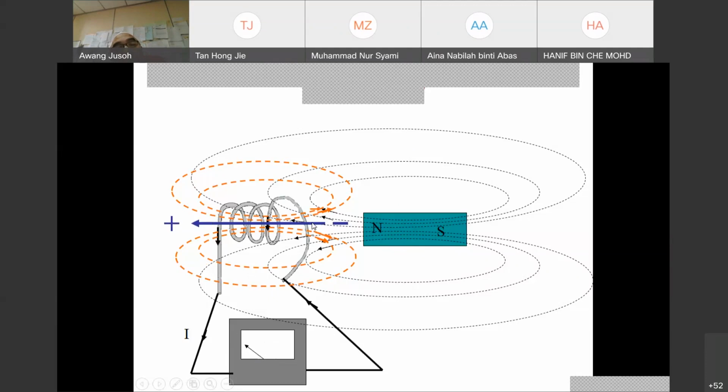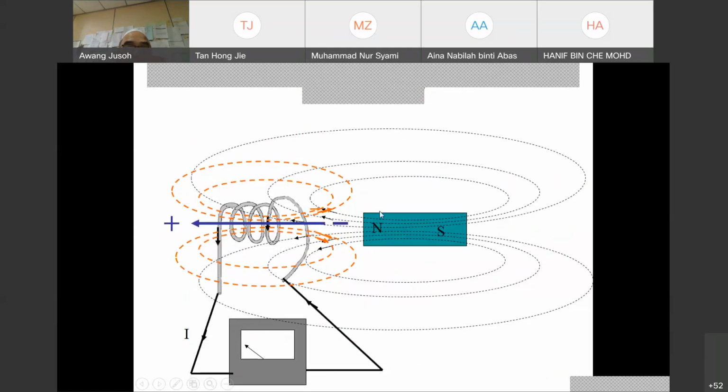So you know when the current flows in the coil, it will set up its own flux. This own flux will produce a north pole there, because as we know, Lenz's law states that the induced current will set up flux to oppose the main flux. To oppose means that it produces the line like that, the yellow and dotted red color there. That means they come out there, they become a north pole for the solenoid. So the solenoid becomes a north pole there, south pole there, and the meter moves, for example, anti-clockwise.